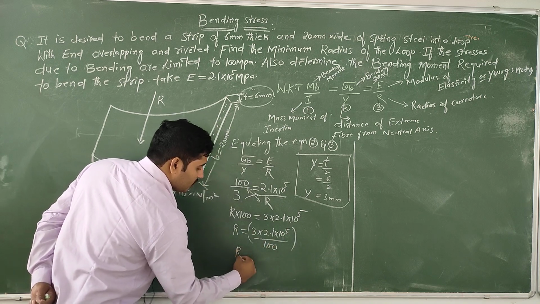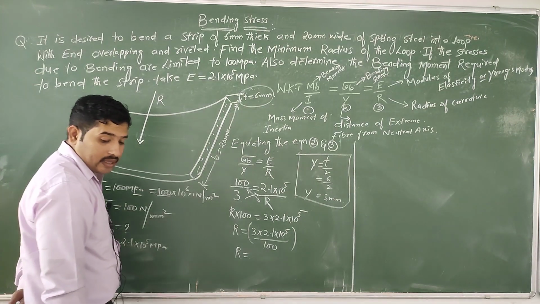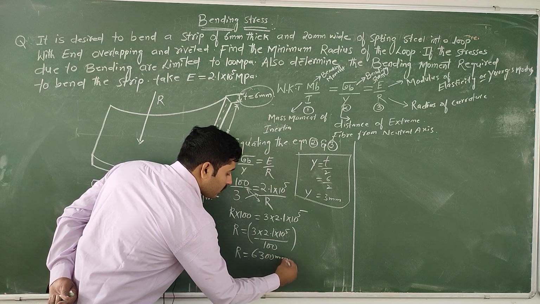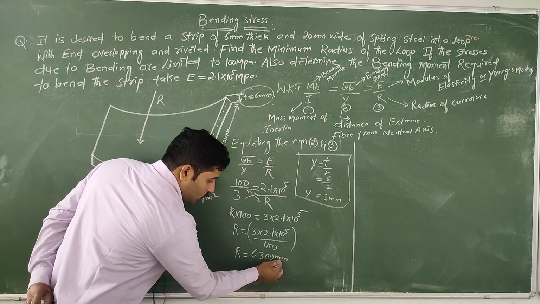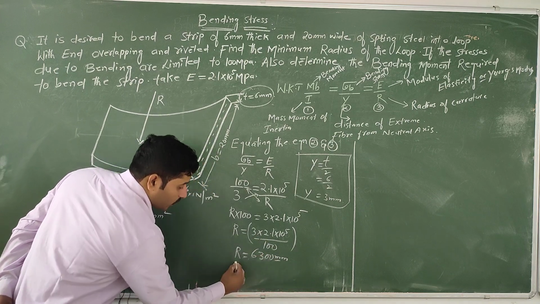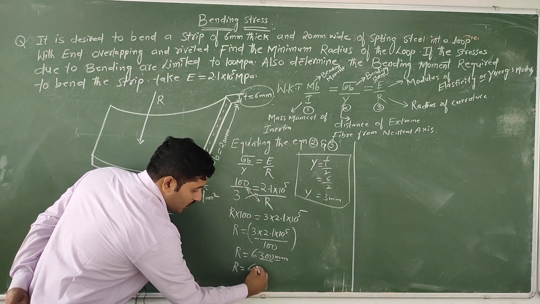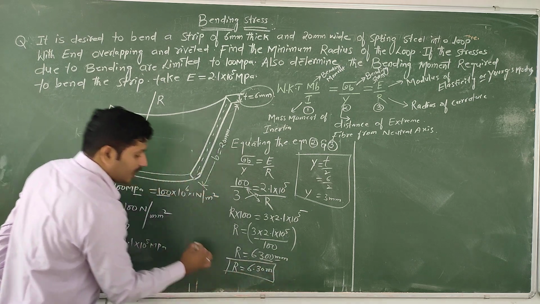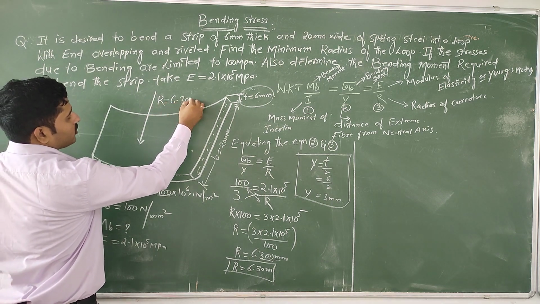If you divide this term with the help of a calculator, you will get the answer 6300 mm. If you want to convert to meters, the power should be 10 power of minus 3. It should be 6.30 meter. That is the value of the radius. So the radius of curvature is 6.30